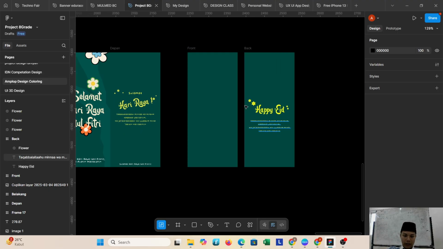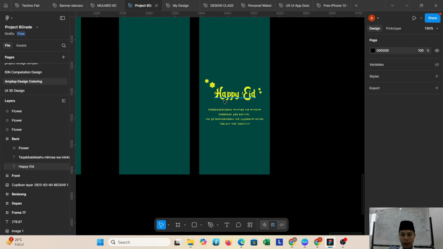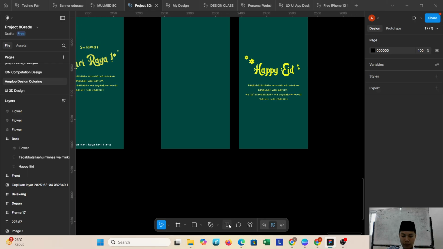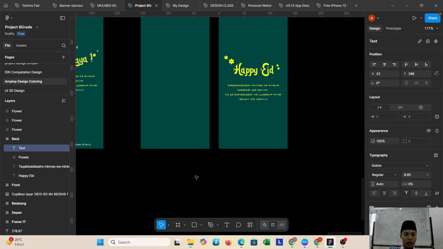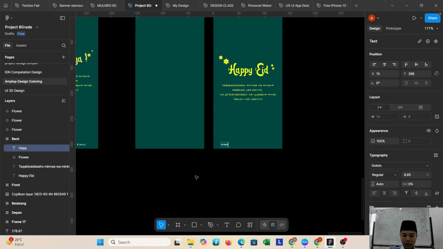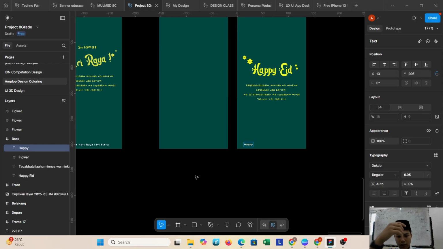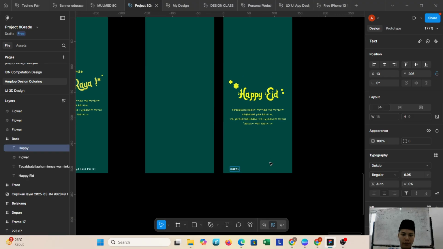Okay, if it's like this, you can add the text again like this. I want to add the text again, and you can just add text at the bottom of your design, on the back of the envelope.